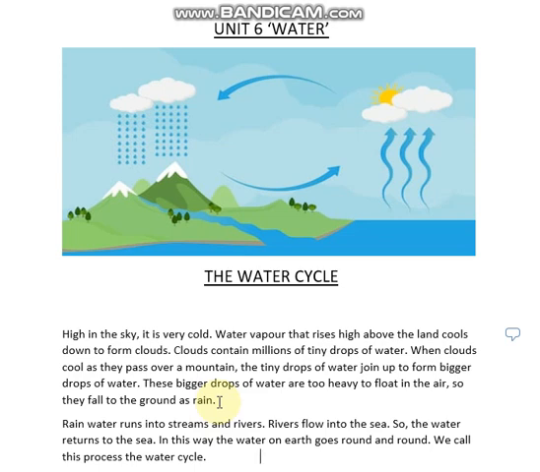As I have explained, first when the sun shines on rivers or lakes or streams, the water becomes hot and starts changing into vapors or steam. When these vapors go high in the atmosphere, where the temperature is very low, they start changing into clouds. They condense and they form clouds.